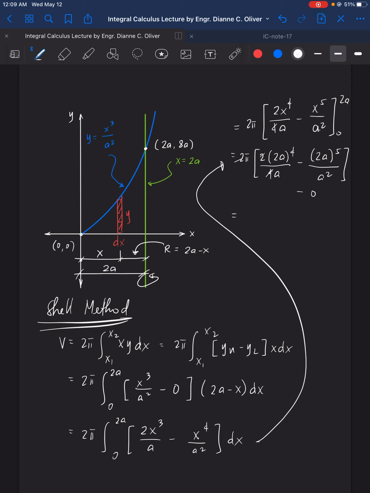So we have here 16 a raised to 3 pi minus, we have here 16 times 2, so 32 times 2, 64. 64 a raised to 3 pi all over